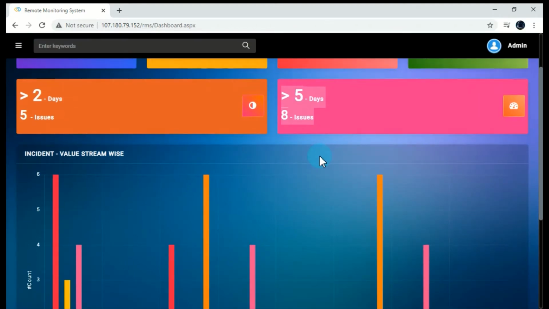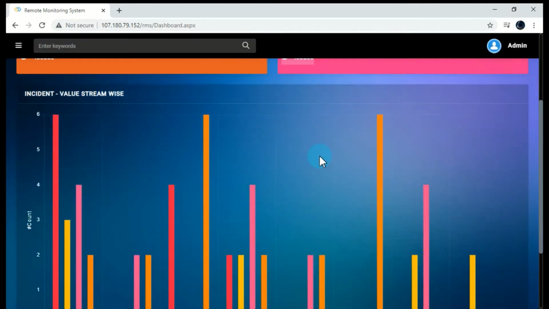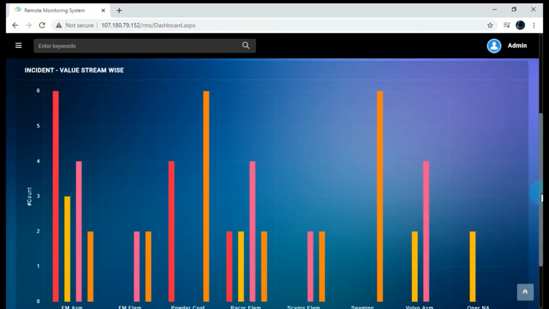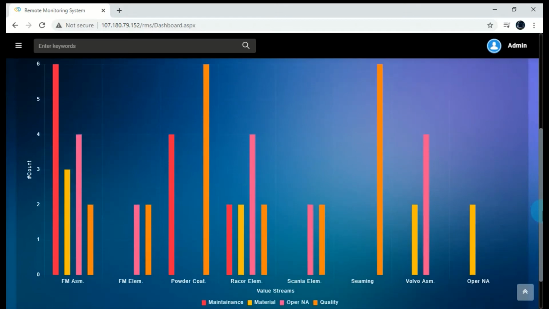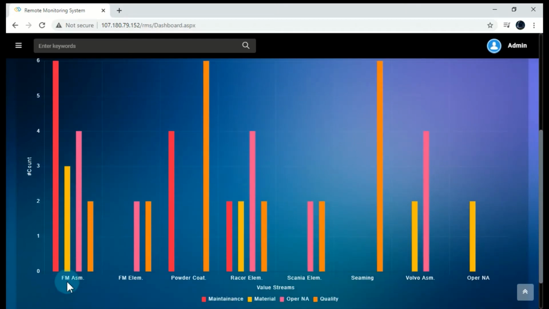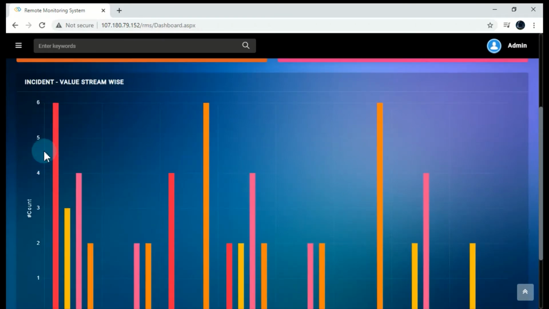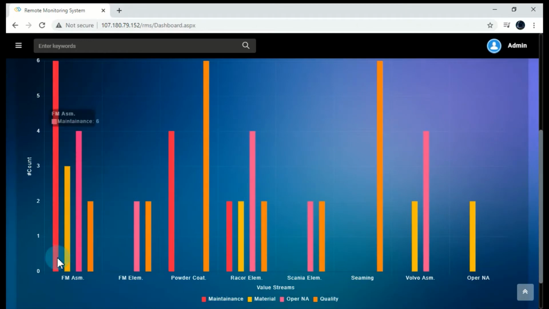Now let's see the bar chart. Here you can see all the value streams on the x-axis and its count on the y-axis. The four bar charts which you are seeing right now are maintenance.